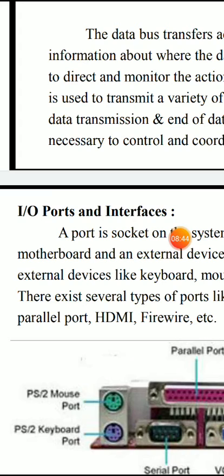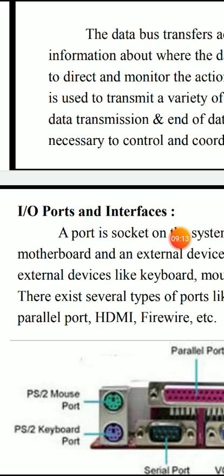For example, a monitor has a cable. You connect a power cable to the monitor. Then it also contains a data cable which is interfaced with the central processing unit of a computer system through the system unit. Usually the data cable is used to get the data from the central processing unit and display it on the screen of a computer system. So the cables used to connect various components of a computer system are known as interfaces.